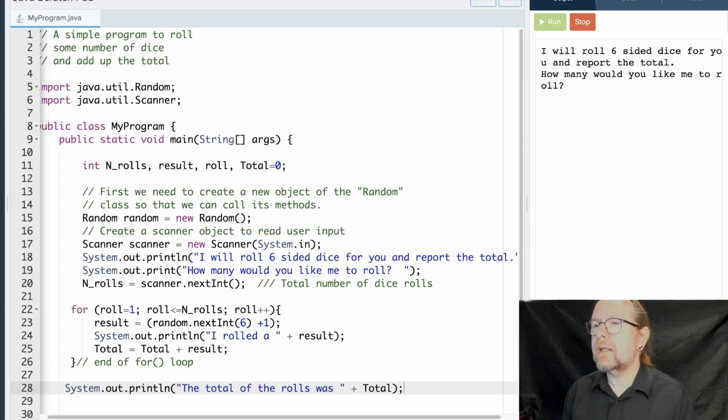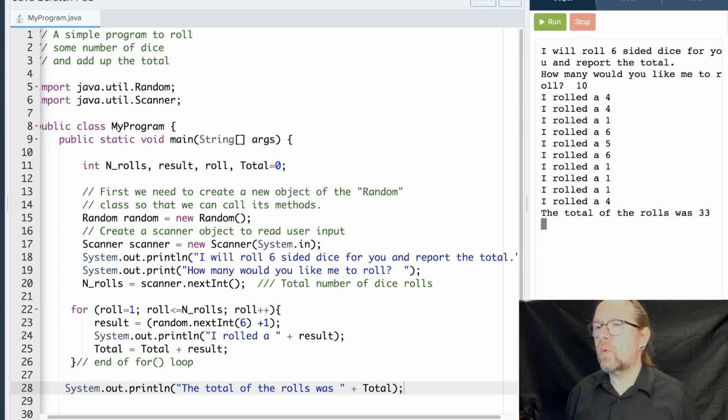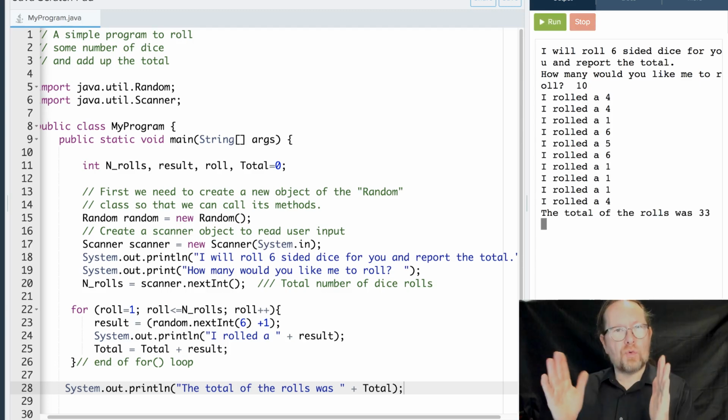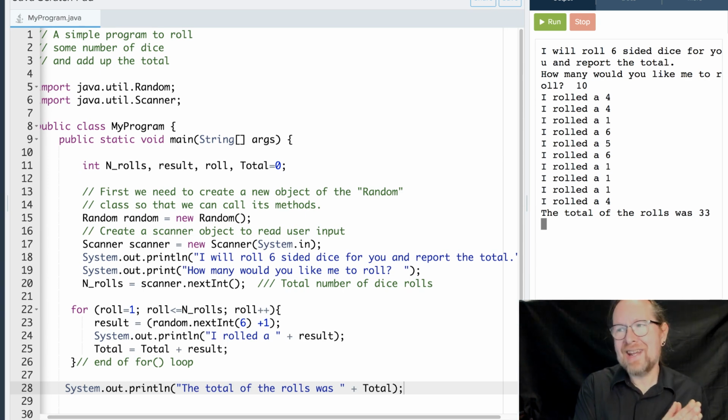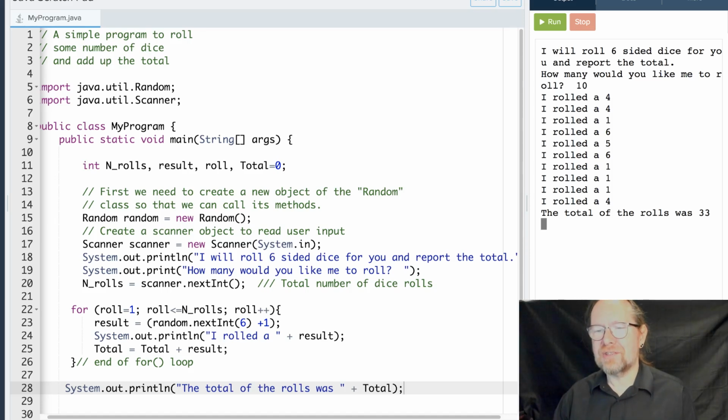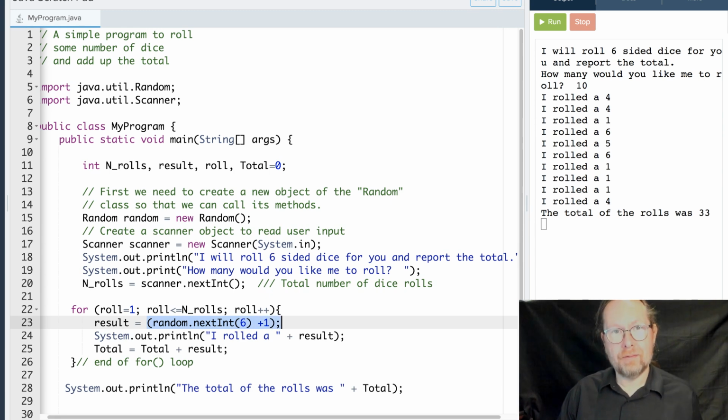Roll me 10 dice. 4, 4, 1, 6, 5. Notice that the range is right? We're getting 1s and we're getting 6s, but we're not getting any 7s. We're not getting any 0s. So this line here, random.nextInt(6) plus 1, is right. That gives me random numbers from 0 to 5, and then I add 1, and that makes them from 1 to 6. Okay? The total, I'm not going to check that math. The total of the rolls was 33. Okay? So that is a really, really straightforward